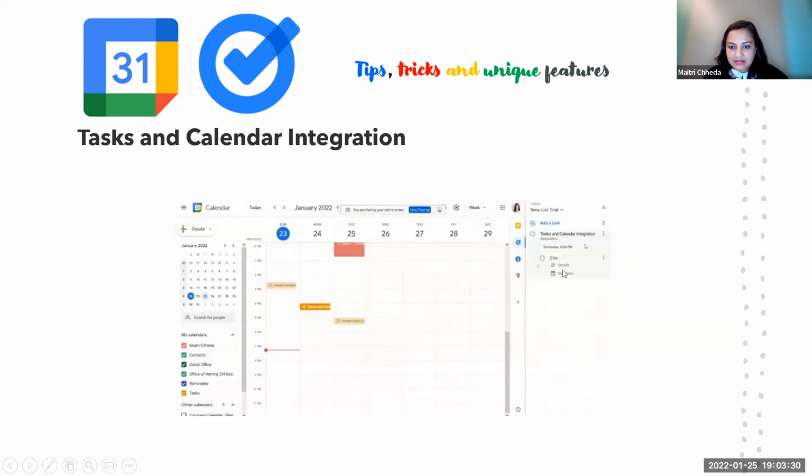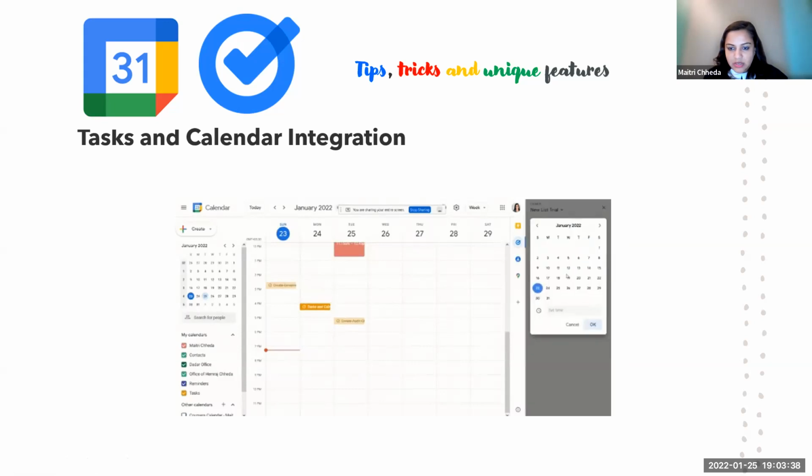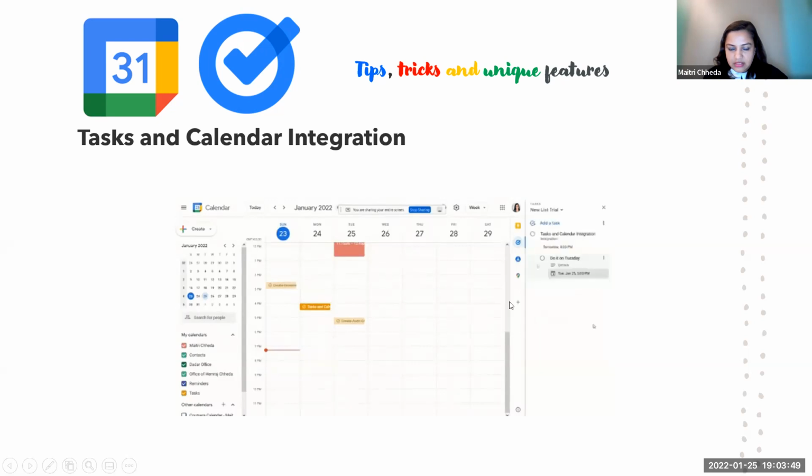I mark it, I add a subtask over here with a specific different time zone, and over here we will find that in the calendar a specific slot has been created. I'm creating a subtask with a specific time slot over here. Clicked on OK, and over here the task will appear. See over here, this ochre yellow color, this is the task which is clashing. Do it on a Tuesday. Okay, it's done. Subtask has been added.